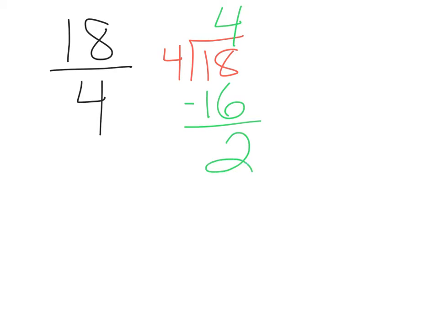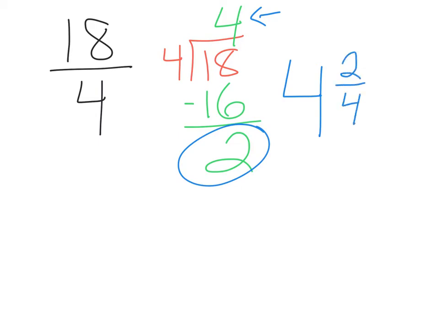So here's what I mean by continuing to reduce if need be. When we write that out as a fraction, as we've been doing, this whole number, or my answer, I'm sorry, becomes the whole number of my fraction. My numerator is from that remainder, and it becomes 2. And my denominator just stays the same. So now looking at this fraction, 4 and 2/4, you guys can probably see, based on what we did with our mixed numbers at the very beginning of this video, or maybe looking at the last video,